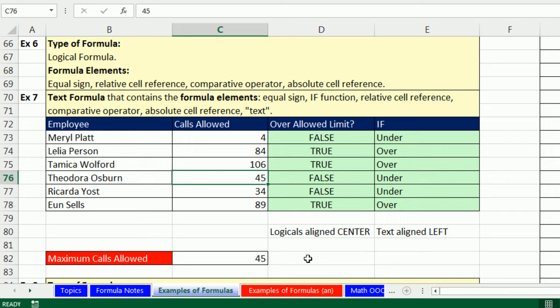I'm going to control Z. All right, so here we have a logical formula. Here we have a text formula. Notice that logicals, or trues or falses, are also called Boolean. Boolean is,